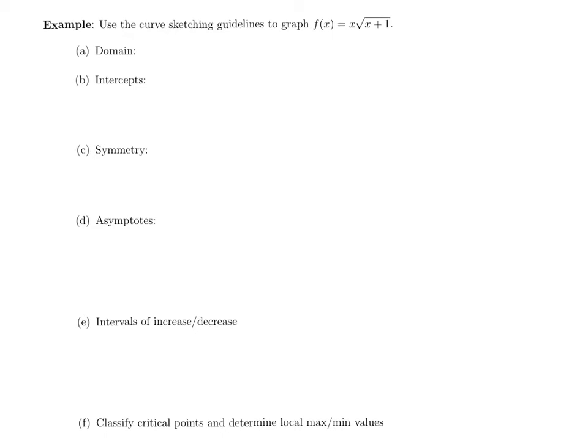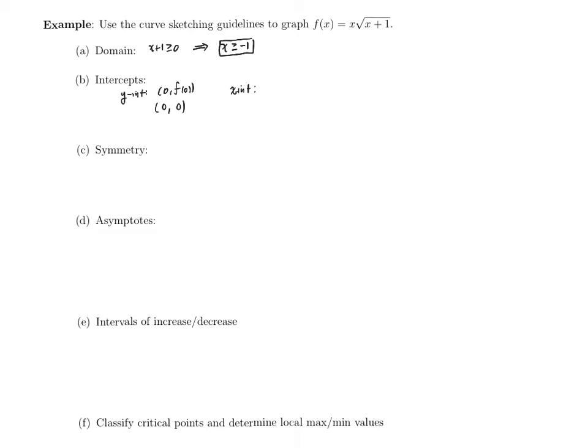This function's domain is wherever that quantity under the square root is nonnegative. So we need x plus 1 to be bigger than or equal to 0, which means our domain is x bigger than or equal to minus 1. To find the intercepts, we start with the y-intercept. It will be of the form 0, comma f of 0. And when you substitute in 0 to the function f, you get out 0. So we have a single y-intercept, which also happens to be an x-intercept, but the question remains, do we have